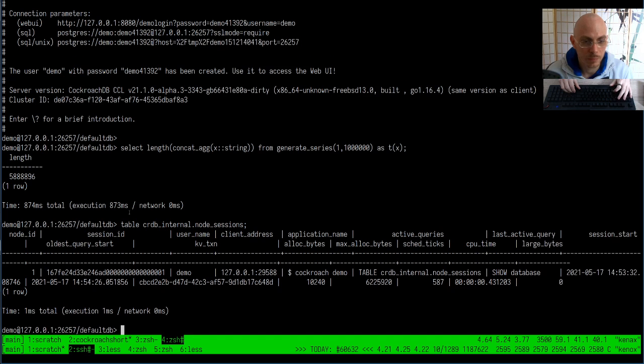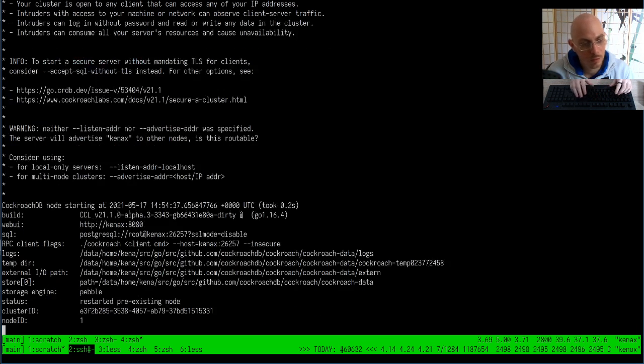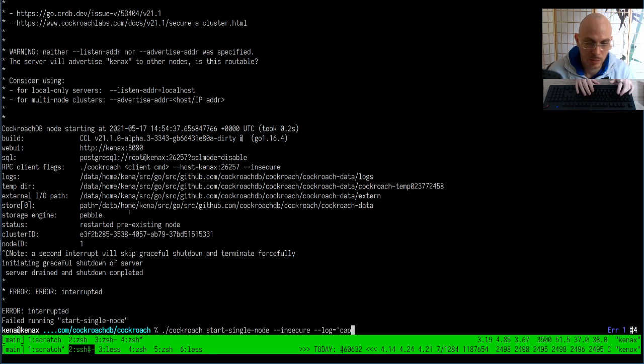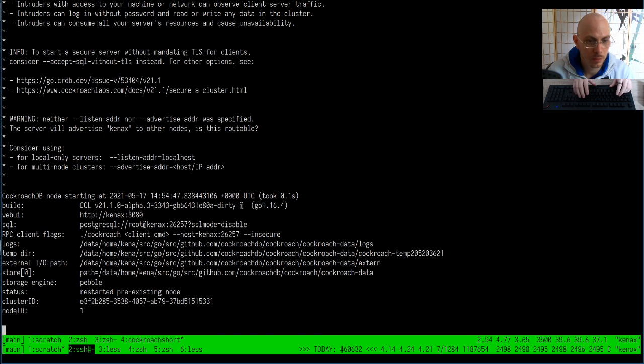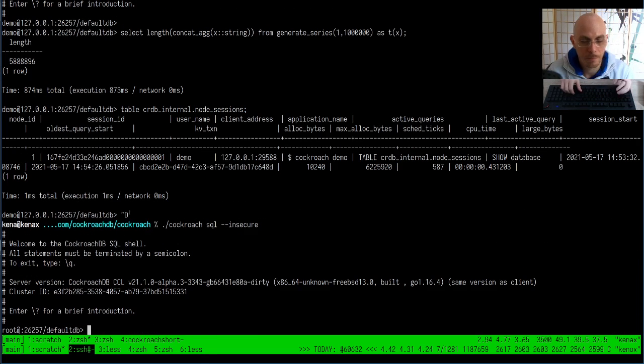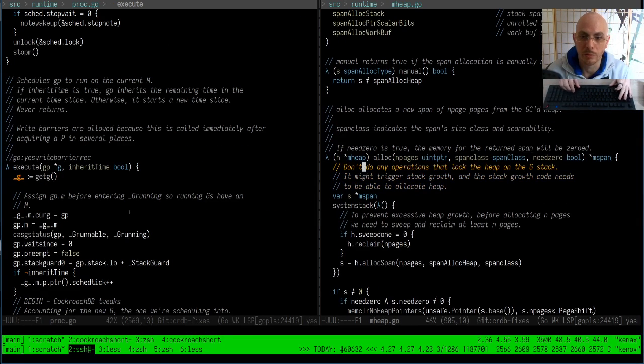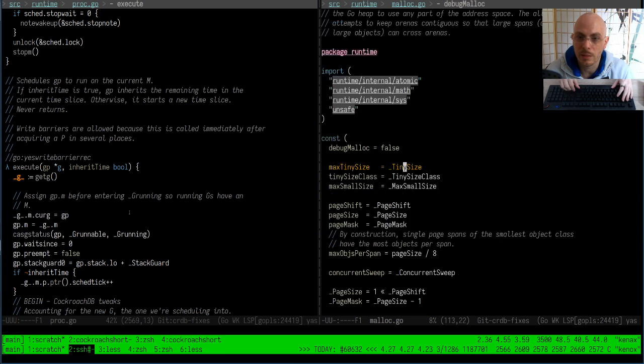Yeah, I'm not seeing. I'm going to start with a CockroachDB server instead. And then like this, and then cockroach secure, and then make some big thing, and I don't see any print here, so our code here doesn't get called. All right, so we know at least that the G